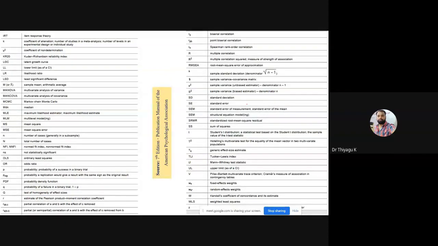We have to look at these abbreviations while writing a research report. Even some questions may come from this. They may ask what MANOVA represents in the NET examination. You have to write it well. MANOVA means multivariate analysis of variance. K2 represents what? Coefficient of nondetermination. KR20 means what? Kuder-Richardson reliability index. Actually, if you read the APA textbook, you may get a lot of information related to abbreviations.